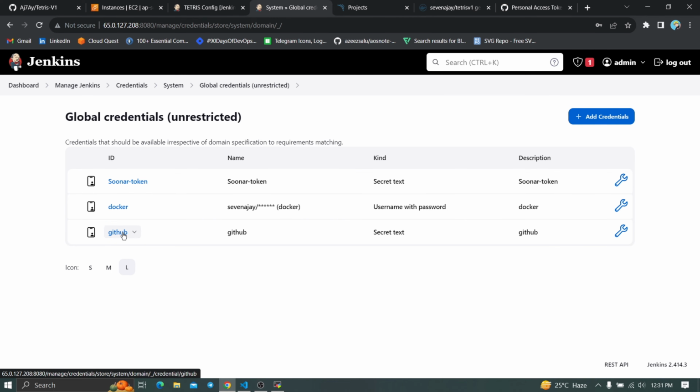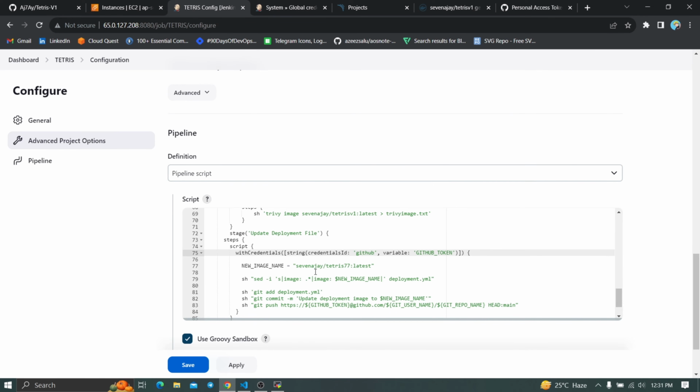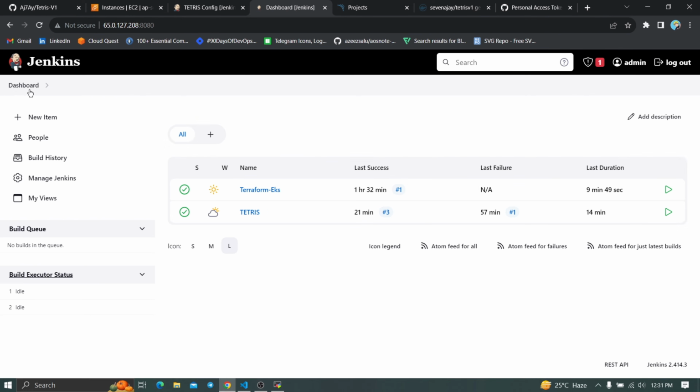So you can see this is the description, and this is the ID, right? GitHub. So that is the same thing we are using here. You can see this is the GitHub, and variable we are using the GitHub token. If you want to generate this one, all you have to do is go here, go to the dashboard and click